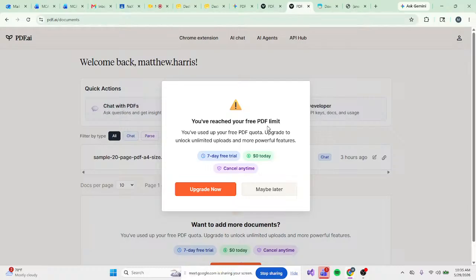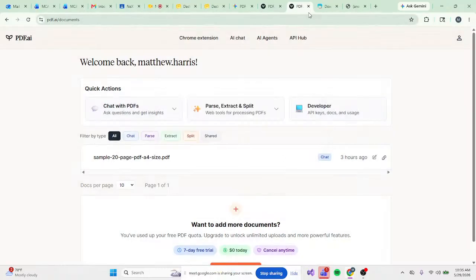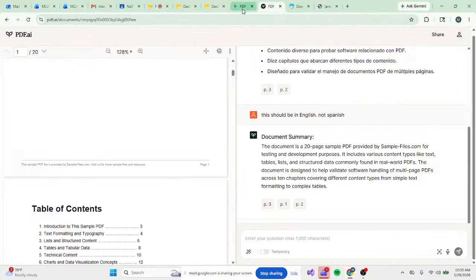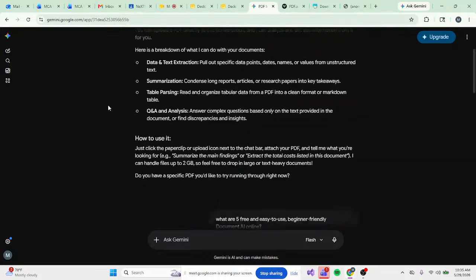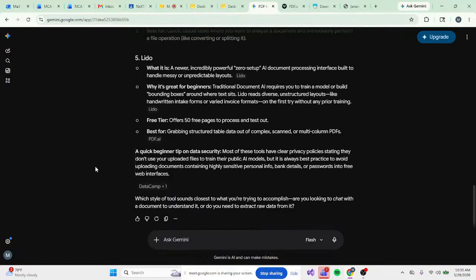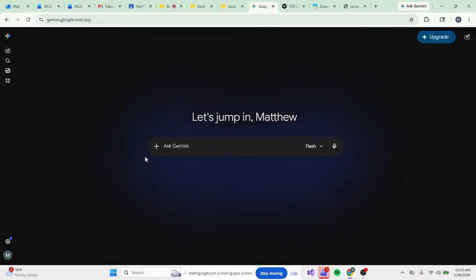Okay, so it's going to let you do one test in this before it does the upgrade thing. So we'll say maybe later. I'll close out of that. We'll just test Gemini with it then, since both it and ChatGPT should be capable, whichever one you want to try it out with. I'll do a new chat, and I want to see if it could organize the information